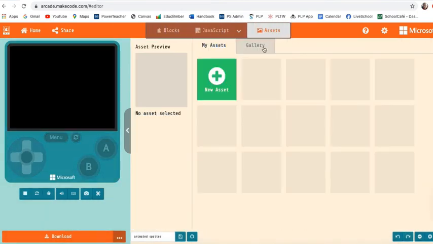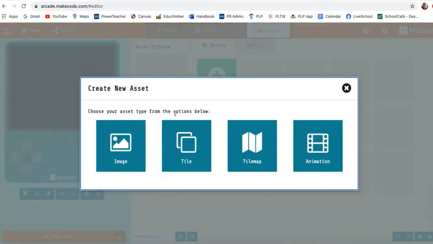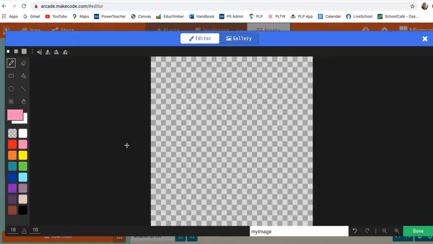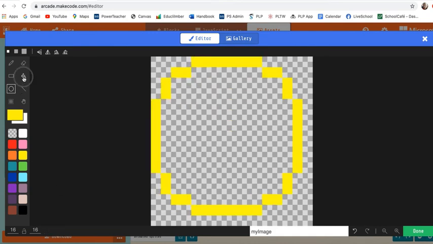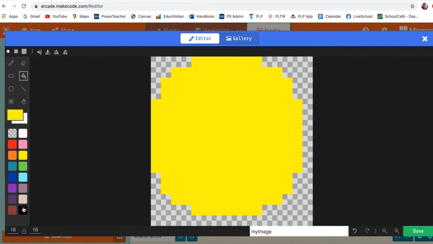Assets when I make my sprite, because I'll be able to copy it. So I'm going to start by making a new asset that is just an image. To keep it simple, I am going to make a yellow face that I'm going to animate going 2 different directions. So I'm going to start by making the eye and the mouth, and my sprite's going to start by facing to the right. All right, I'm going to name my image yellow guy, no spaces, and then save it